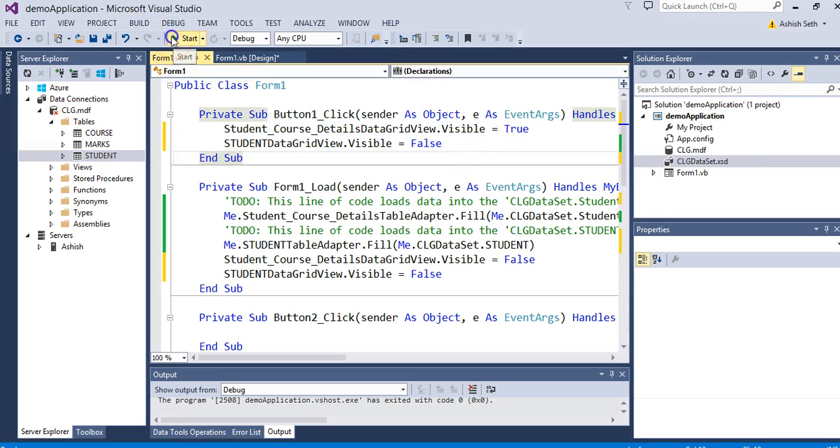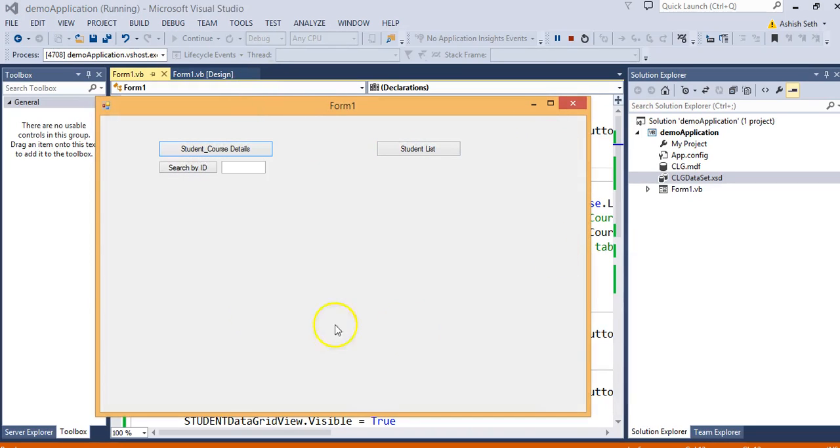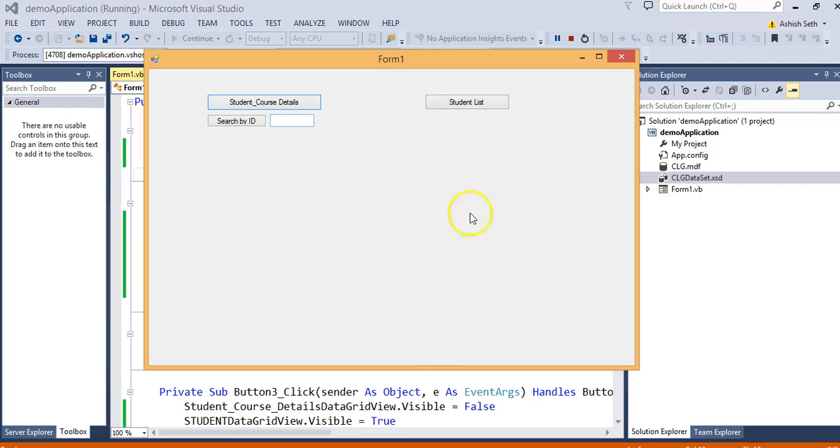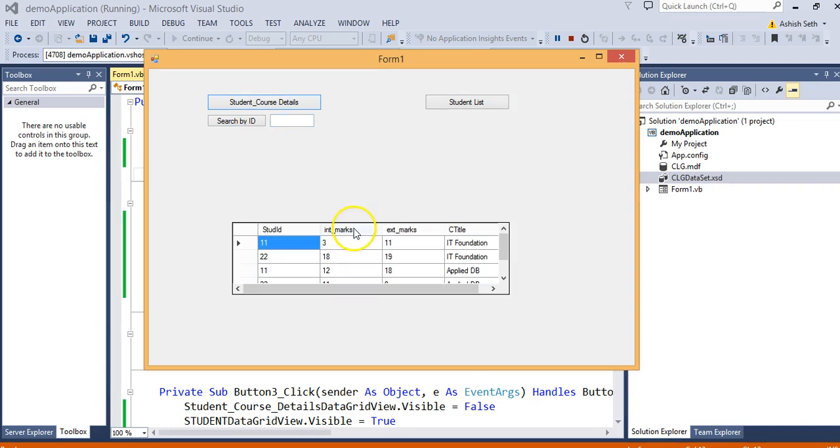Now we'll see the effect. When you run this, there is nothing. When you click on student list, the student details are visible to you. When you click on student course detail, this is visible to you. Now what I want is, out of all these records, to see the records only for a particular student ID.